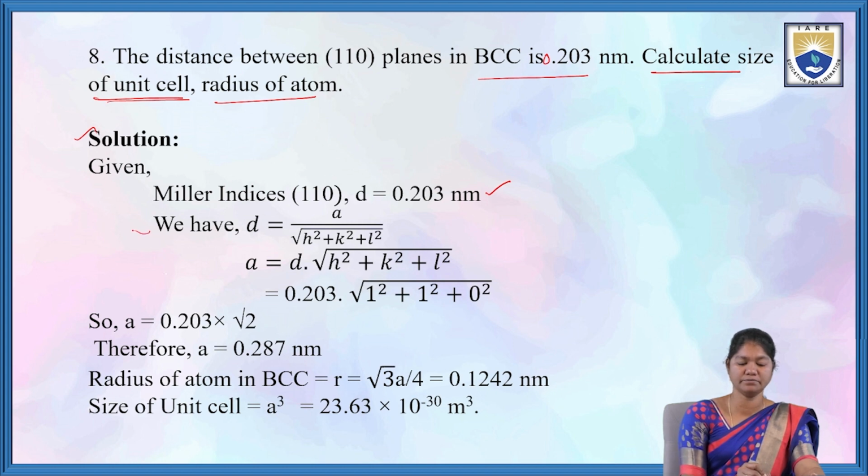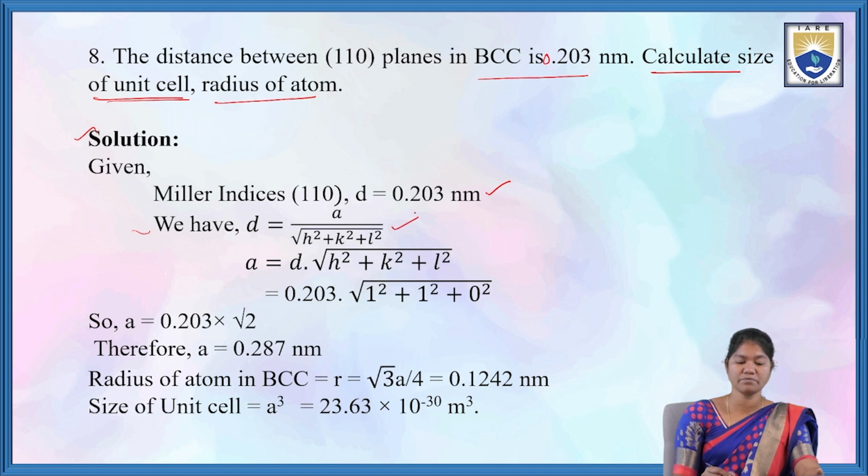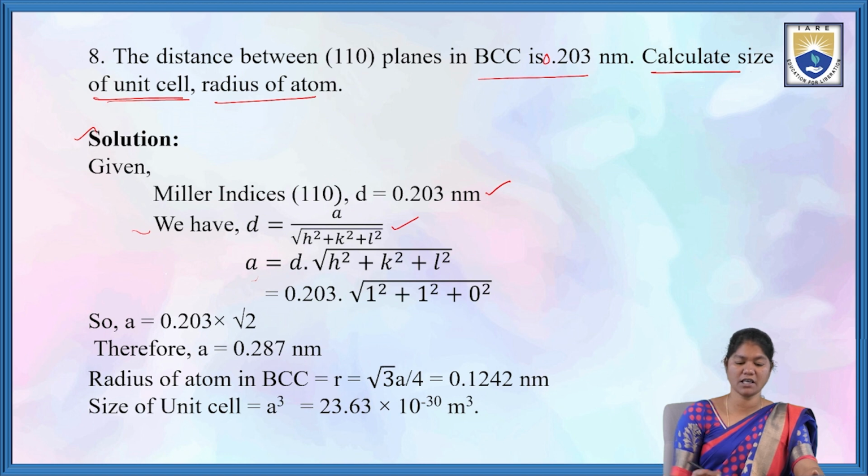We have the formula: interplanar spacing d is equal to a by root of h square plus k square plus l square. From this, the lattice parameter a is equal to d into root of h square plus k square plus l square. Let's substitute the values, d is 0.203 into root of